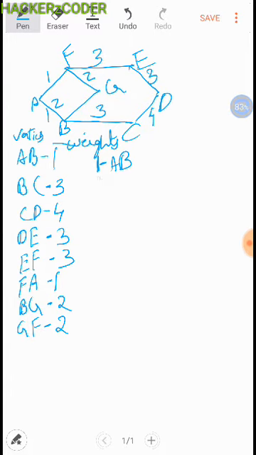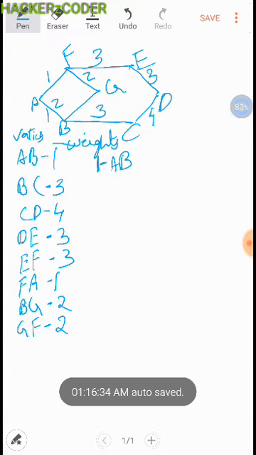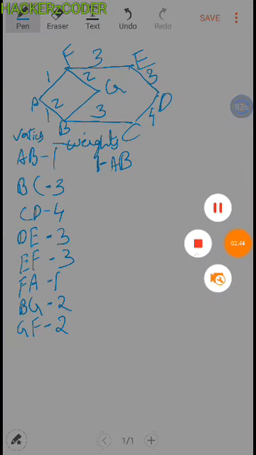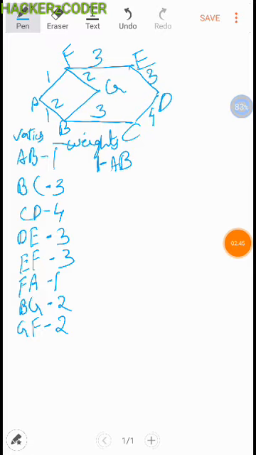Okay, so first comes AB, then the two things, next comes BG, next comes GF,